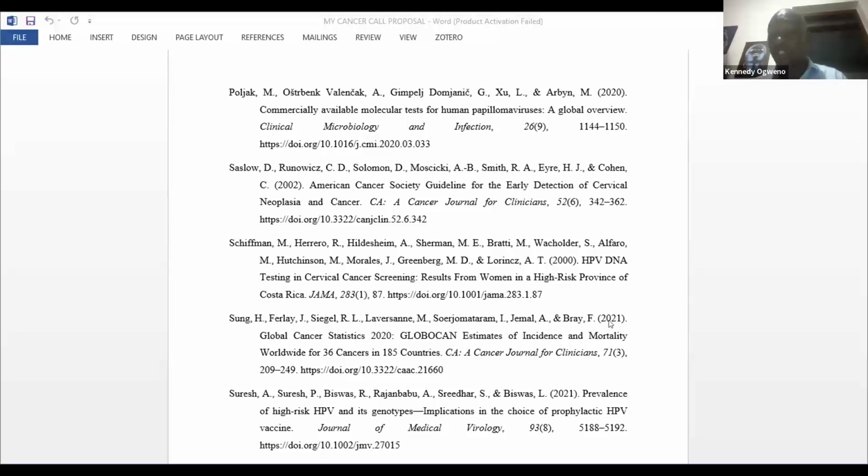In the budget template, most funders don't let you come up with your own template, but they have their template and the guidelines where you fill in your figures. Maybe if your staff needs 100,000, you justify what they will be doing. So you justify person A and B, data analyst, 100,000 Kenya shillings per month. Must we give him or her this 100,000 Kenya shillings? Because these are some of the roles that the person will be conducting, 1, 2, 3. So there is just a bit of justification.